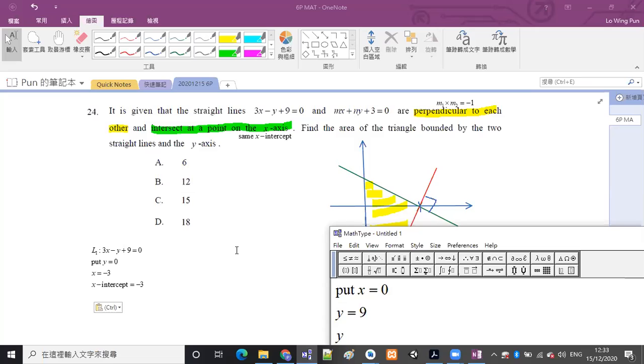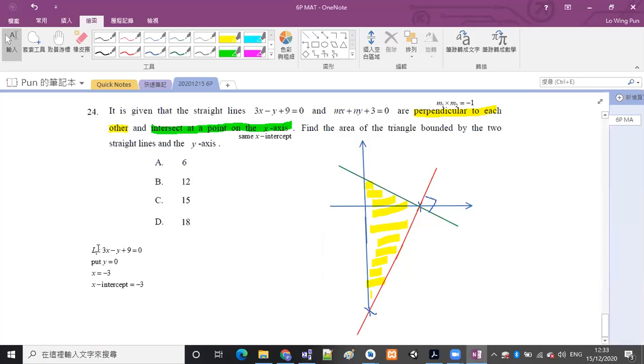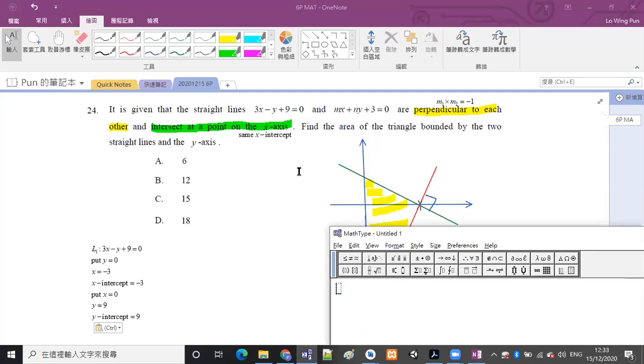So the y intercept is equal to 9. And then if we make y to be the subject, then the coefficient of x will be the slope. Okay, slope